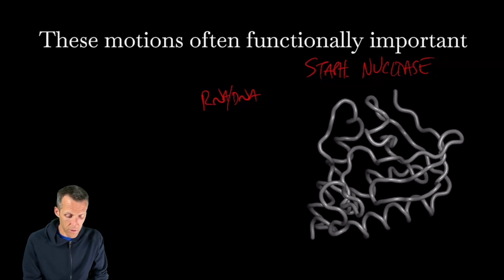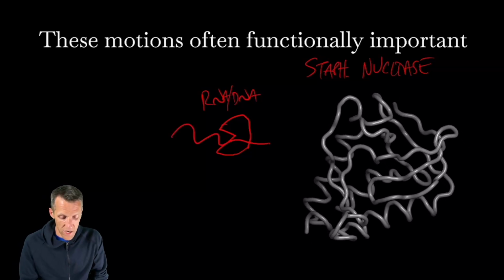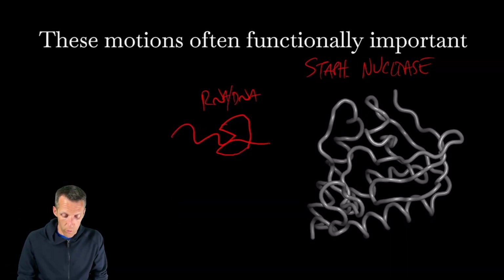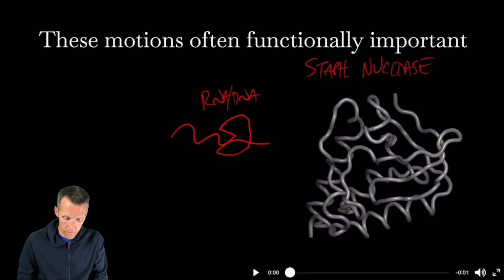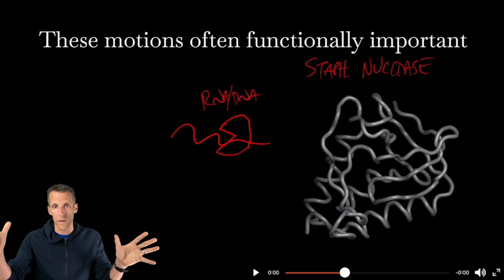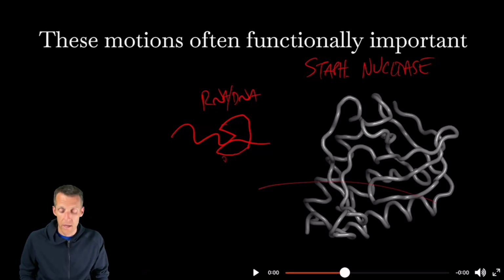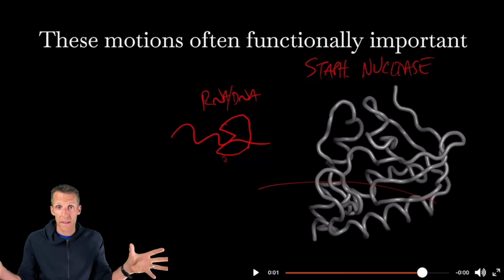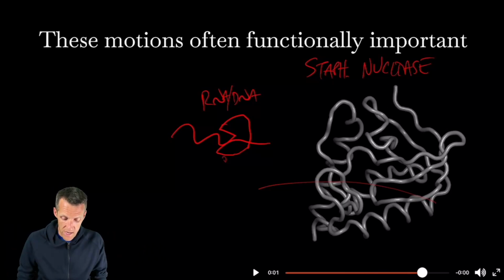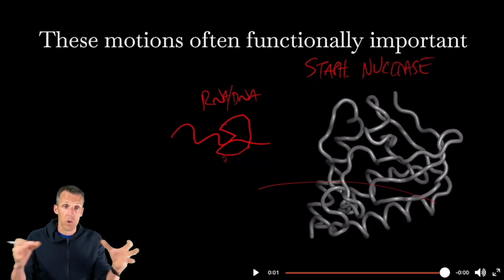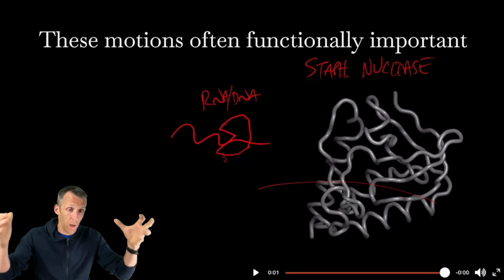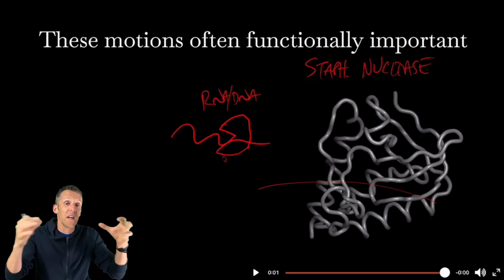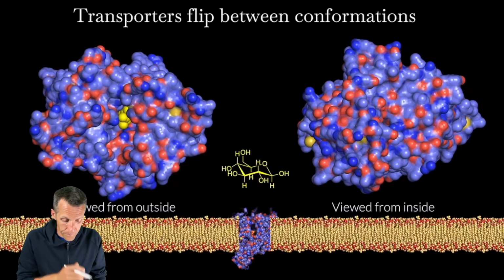And what it basically does, you can think about it as like a Pac-Man. I don't know if I can draw a Pac-Man sideways. There we go. It's a Pac-Man. You have a chain that comes in and it will literally close and cut it. When this is open, see the mouth is totally open, DNA can dock in and then the mouth closes, assembling the active site that's going to do the chemistry, cleaves the DNA, and then it opens back up. So the opening and closing motion is really important for getting substrate in, locking down the active site, and opening the active site back up. So those dynamics are really important for function.